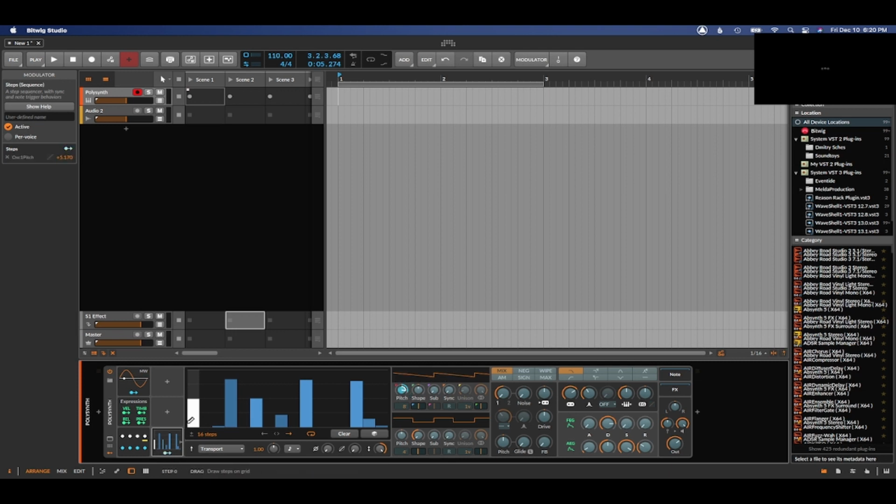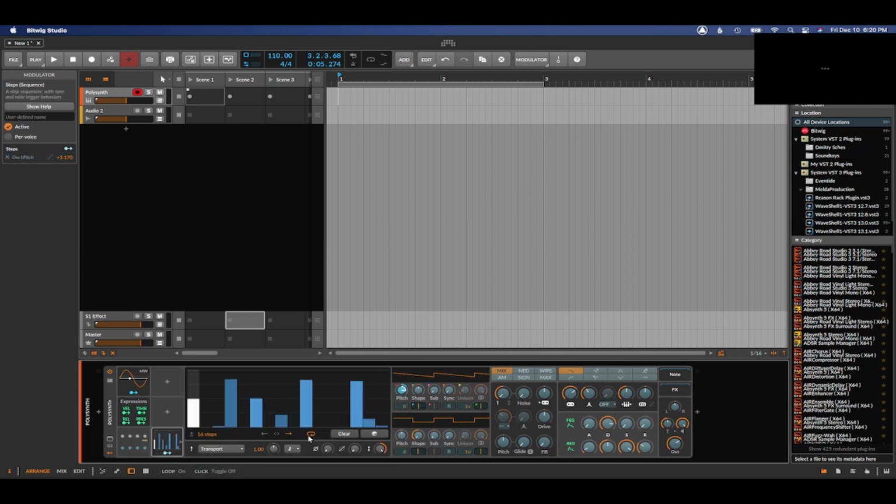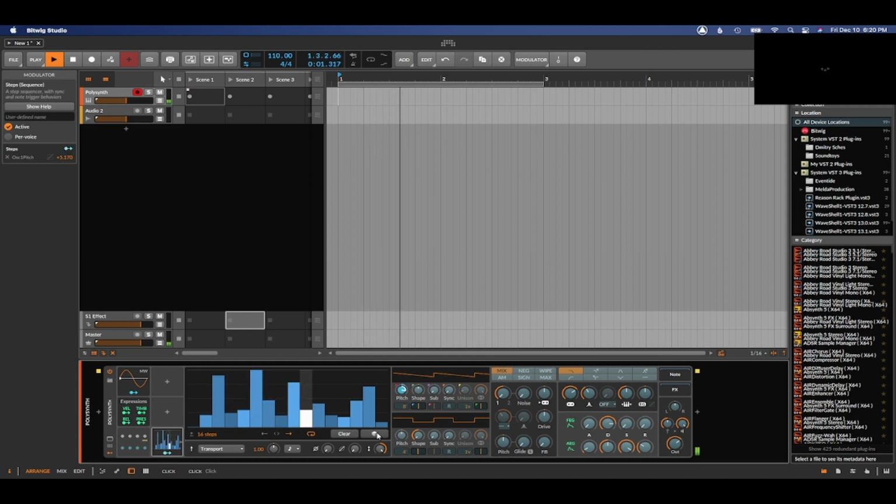Let's just mess around with this, and I'm going to disable this one right here. And then you can do randomize. But the difference between these two is that you can only affect one parameter with this